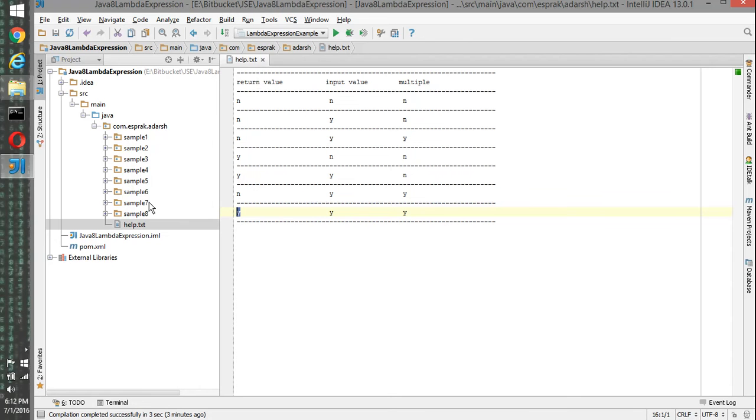I segregated it into these sections so people can understand easily what the combinations are and how we can tweak the code.